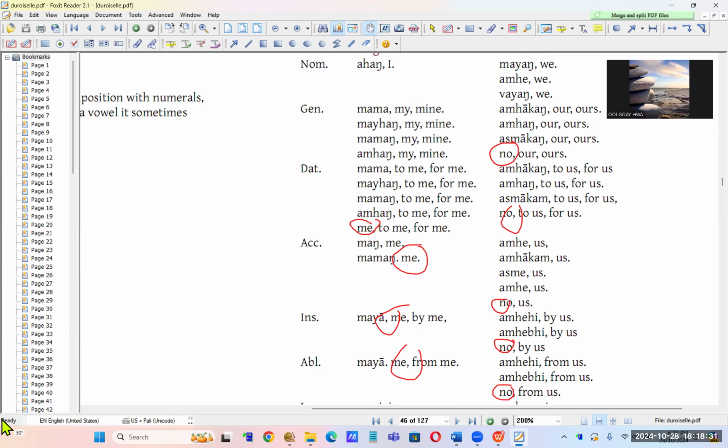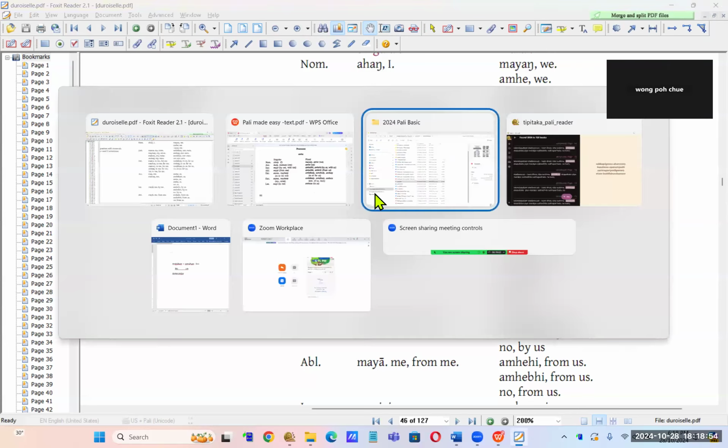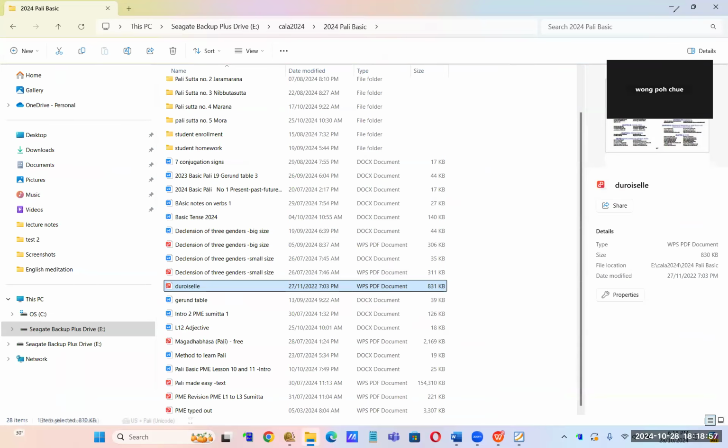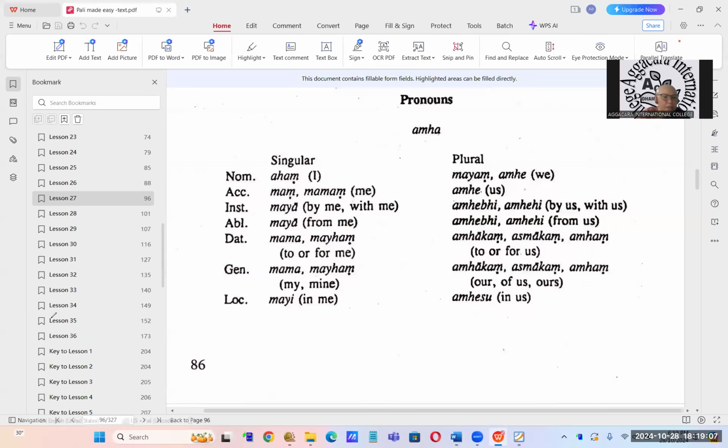Yes. Saiji, can you please confirm the me is not in genitive, is it? I couldn't find me in genitive. It seems to be not here. Yeah, it is not mentioned here. But you might go and check other grammar books. So far, according to Duroiselle, it's not mentioned here. I think in the Pali Primer, me is in the genitive. Yeah, that's why I say different scholars have different explanations. So anyway, you can make your own table and then determine by yourself.